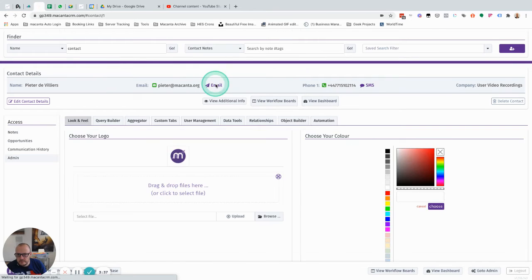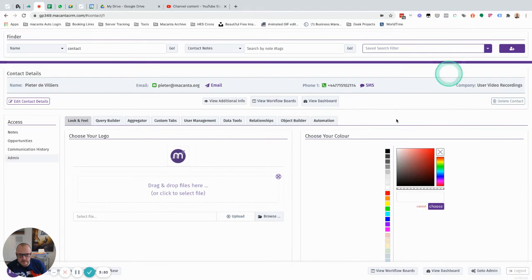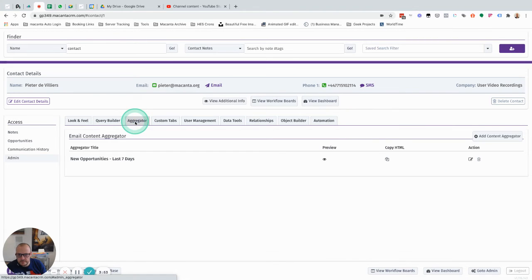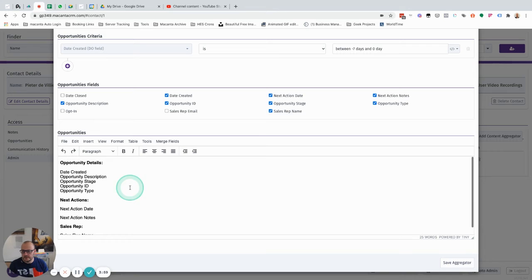What that then allows me to do is to say, send an email to someone, and I'm going to merge in the new opportunities. So all I then need to do is send that email, and that'll then contain those details. So let's just go back before we send it and style it a bit better. If we're sending this as a report, we actually then want to say, okay, created,